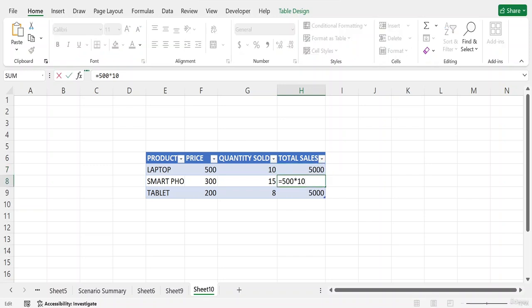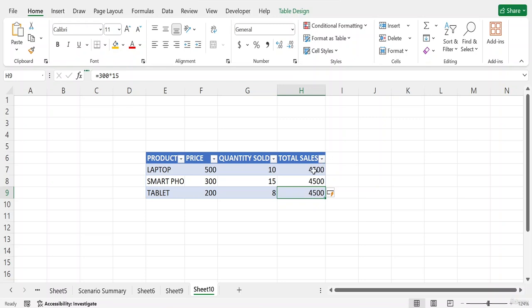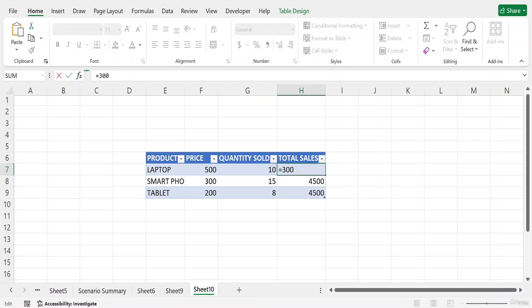And as you can see, it applies the same formula to the rest of the items, but these are wrong because the price and quantity are defined for the other products. So this is 5,000, but these are different. This is 300 multiplied by 15, and if I press enter, as you can see, it changes dynamically.